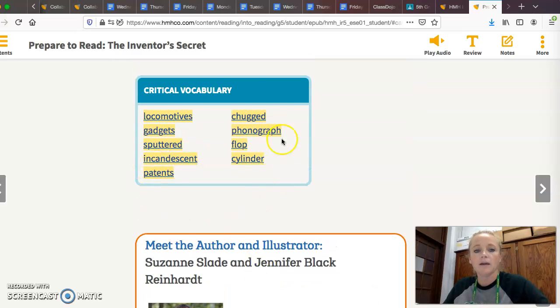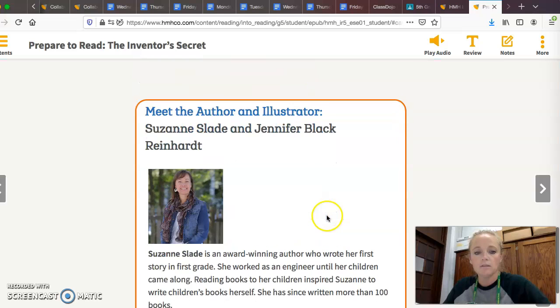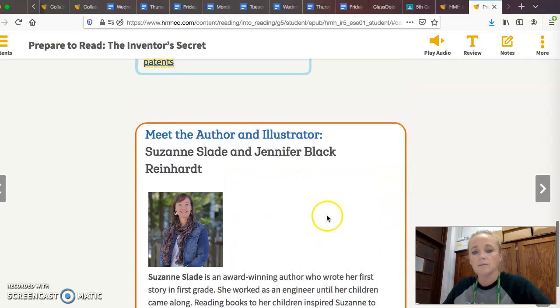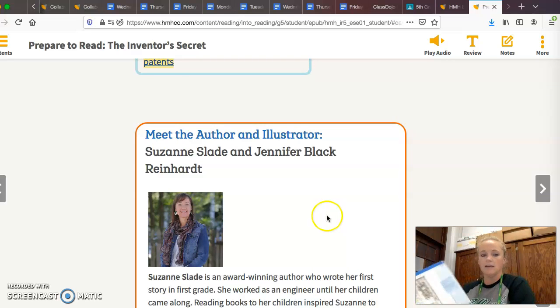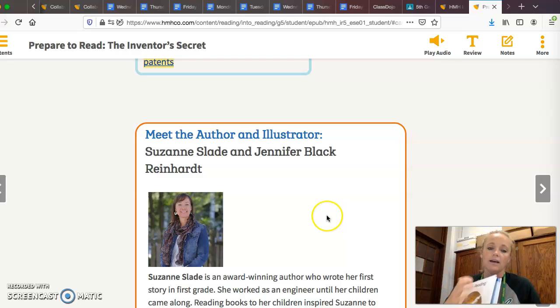Your critical vocabulary is here. You can click them and it will give you the definitions. Those are the ones I just went over. Here's some information about the author and illustrator. And your assignment today is going to be to read the text. There are questions at the end. You do not have to answer them yet. Your assignment is just to read the text. So today